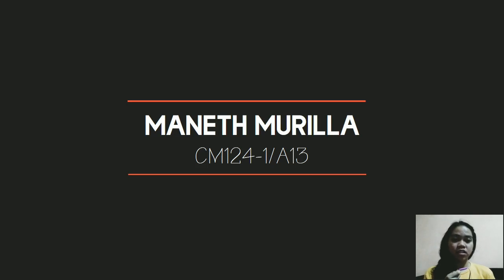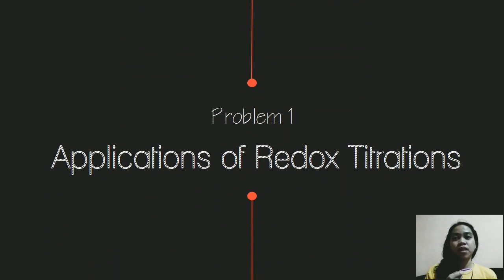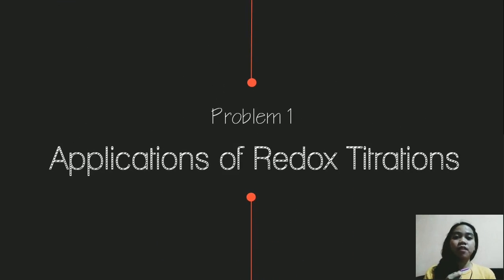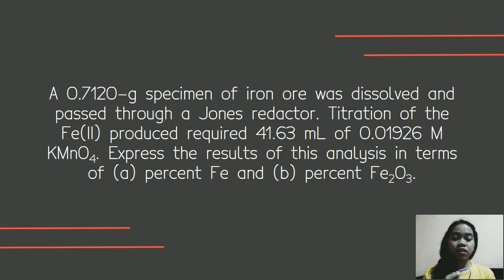I'm here to discuss two questions about two different topics in analytical chemistry. The first problem is about the applications of redox titrations and the second problem is about potentiometry. The first problem. This problem came from the book Fundamentals of Analytical Chemistry by Skoog, 9th edition, chapter 20, question 19. So let's analyze this problem first by identifying the given